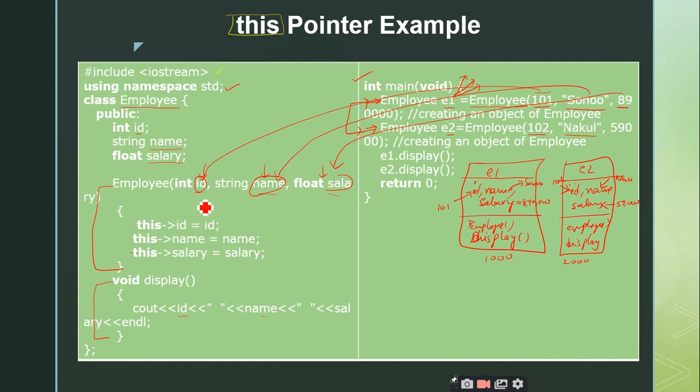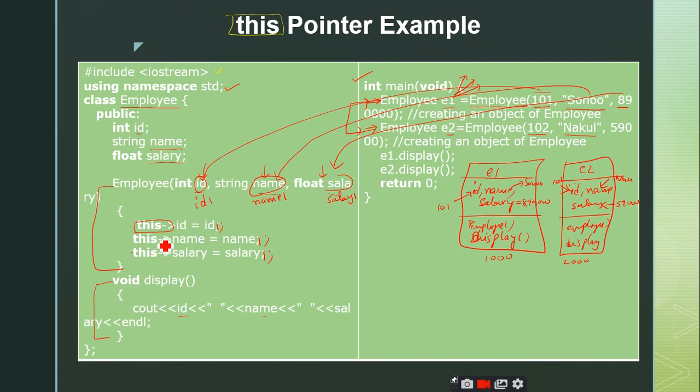If I have given the parameter names of the parameterized constructor as id1, and for string as name1 and float as salary1, listen carefully, this is an important point, then there is no need to use the this pointer. You can simply say that id is equal to id1, name is equal to name1, salary is equal to salary1.